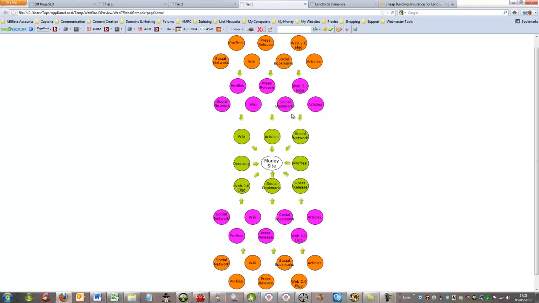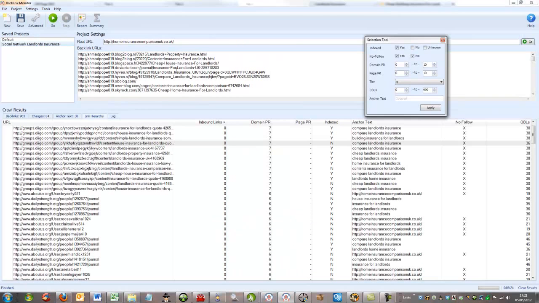But like I said, you need to be smart about how you use these tools. You need to be organized. You need to be able to separate your tier 1 links by platform, separate your tier 2 links by platform, and even organize your tier 3 links by platform. You can't do that unless you're using this. Well, this is how I use it anyway. Just to give you an example,